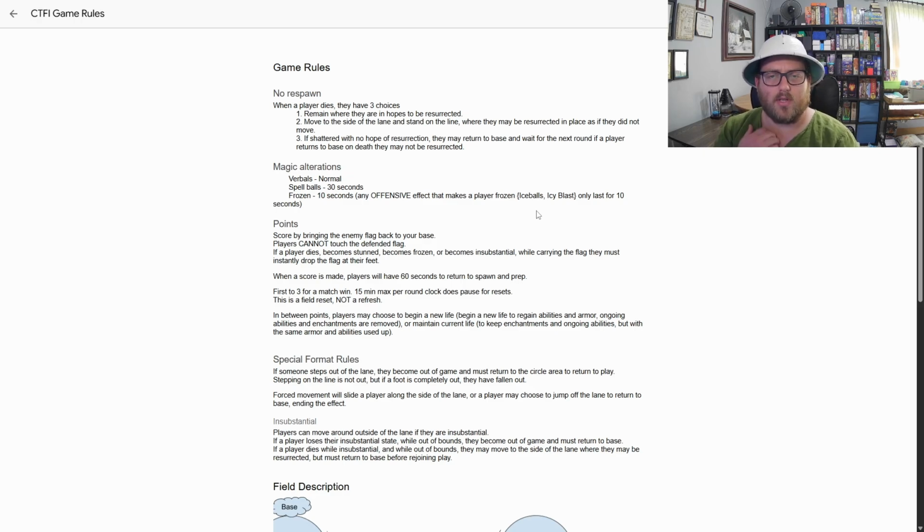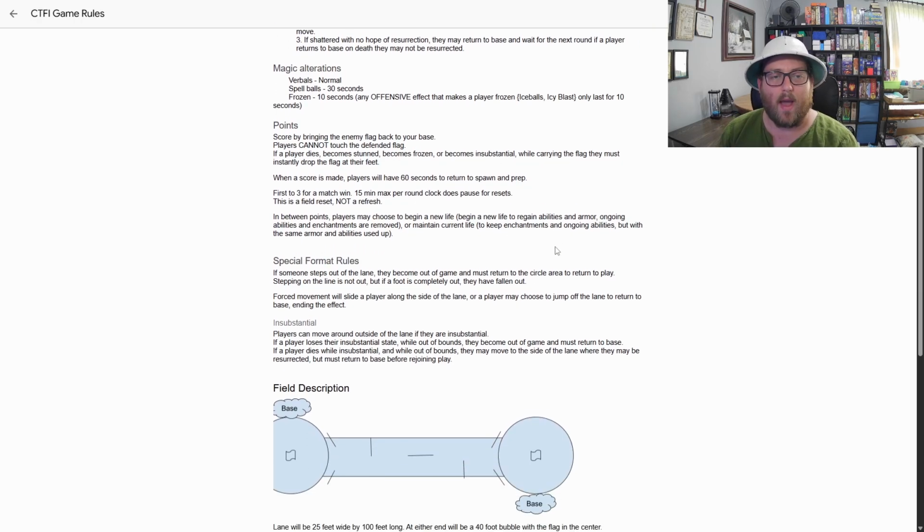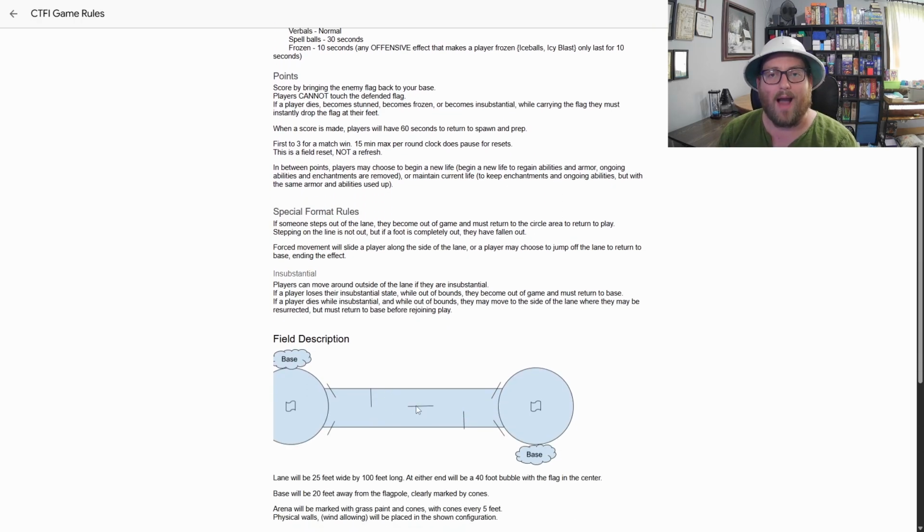If, for some reason, a player steps out of bounds, they are out of game. If a player steps through this line on either side, they are out of game, and they must return to their base to come back into the game. Now, if a player gets shoved or thrown or has forced movement, they cannot be forced outside of the game. So they will move back towards their base